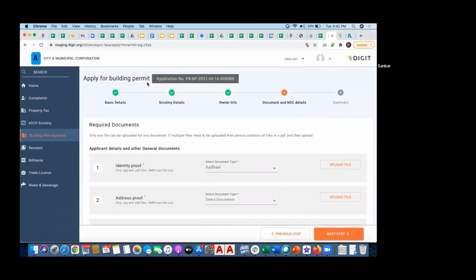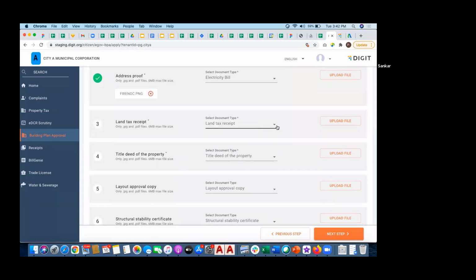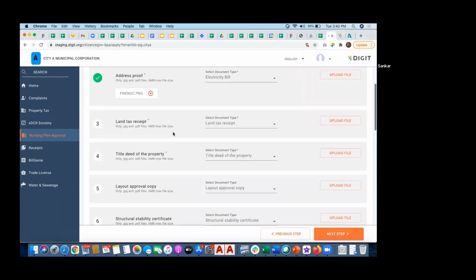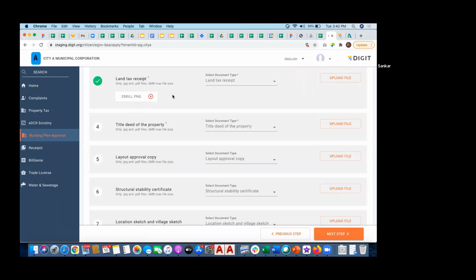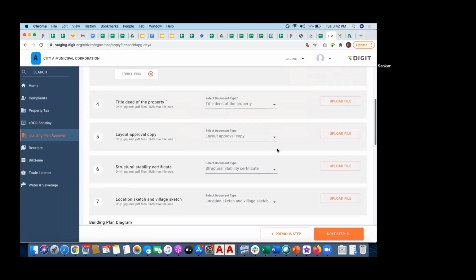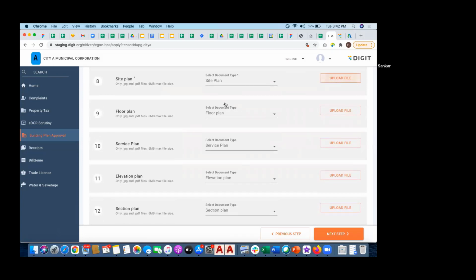Just uploading some random documents. And this document attachment is multiple. You can add multiple document attachments here for a single document type. Just uploading the mandatory documents.